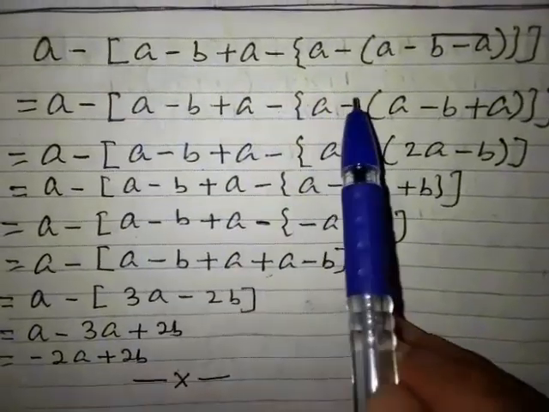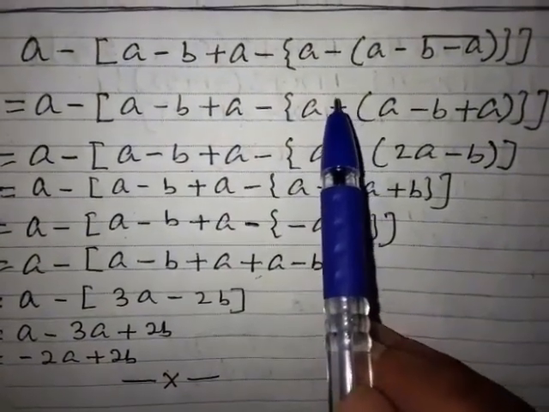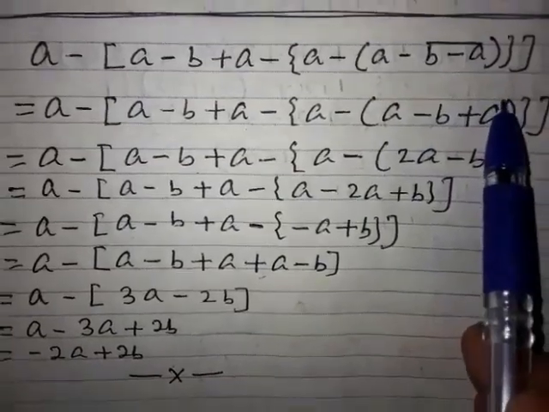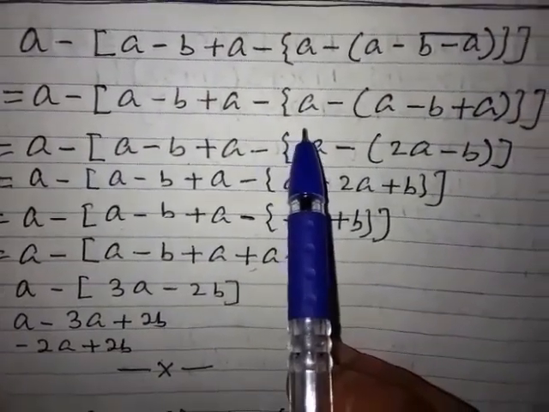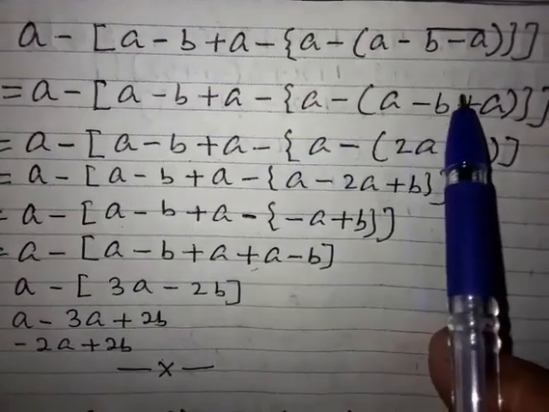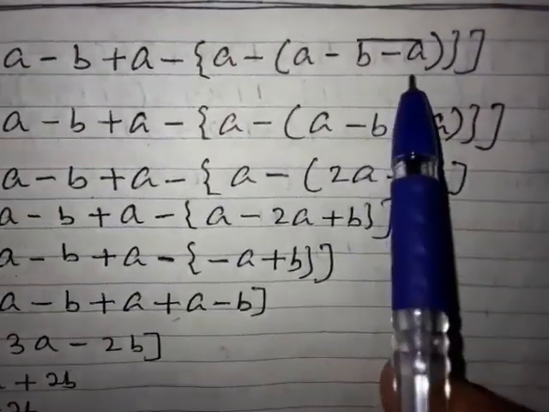Let us solve the second question. You see the question already given here. Again the same rules. Whenever you are going to do the calculation, if different kinds of brackets are there, we are going to calculate the bar bracket first. In this question also the bar bracket is there.